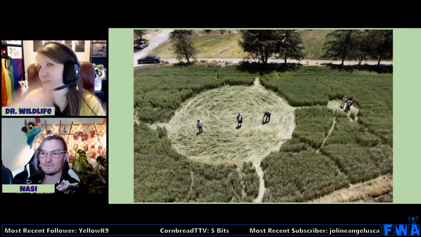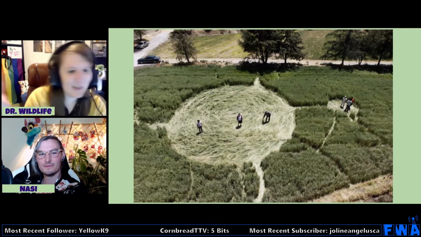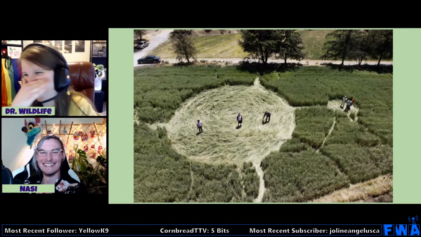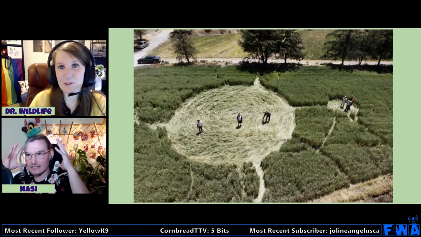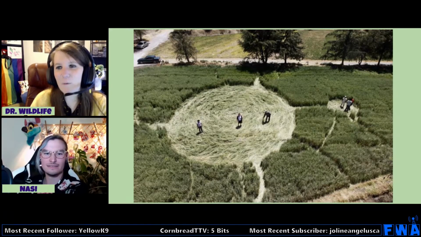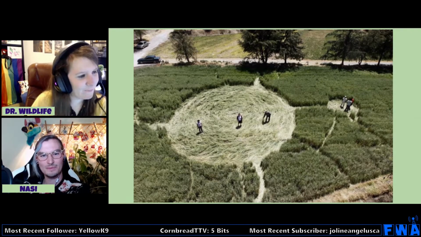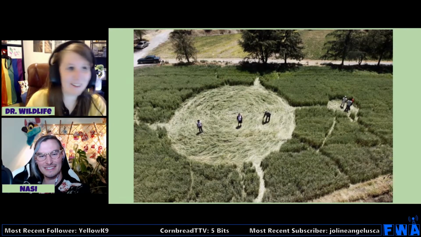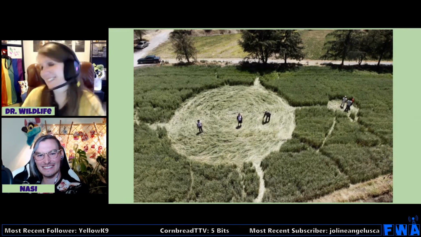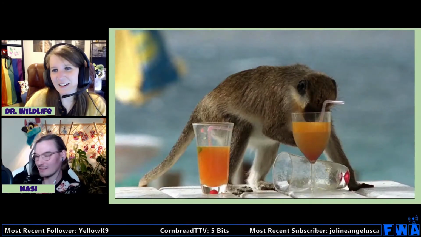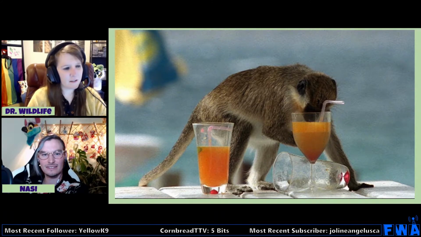So this is a crop circle made by wallabies that just had a great night, I guess. Maybe, I don't know, or they were just lost in a circle. It's hard to say. Could be enjoyable. Could someone said girls' night? Yeah, so it's actually a big problem in the pharmaceutical industry and where these farms are because wallabies just show up and they just decimate the field, which is just wild to think about. I want to believe wallabies are aliens. Yeah, they just, oh my god. It's wild. Wallabies, wild.